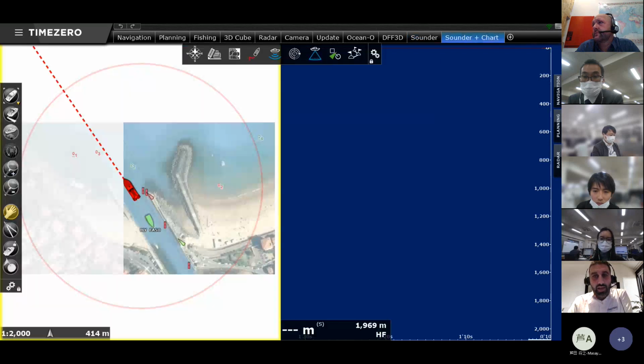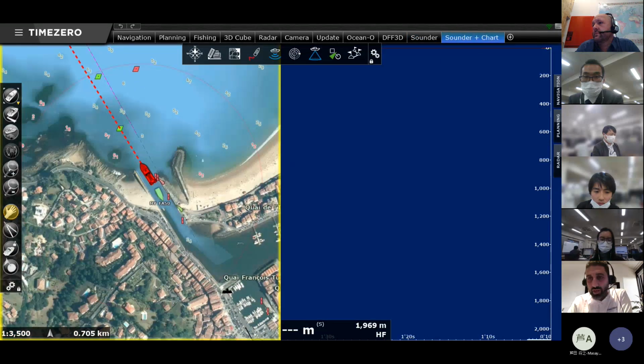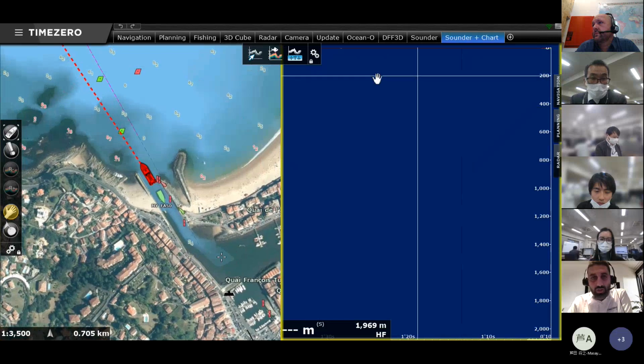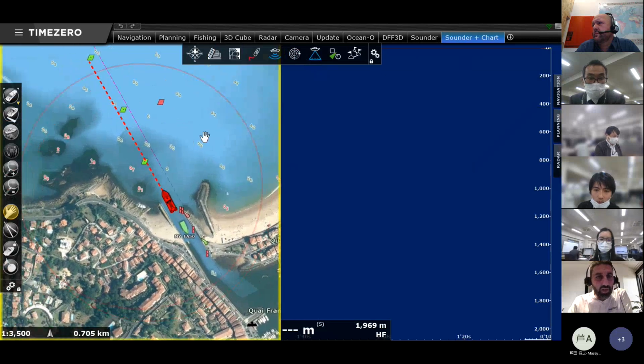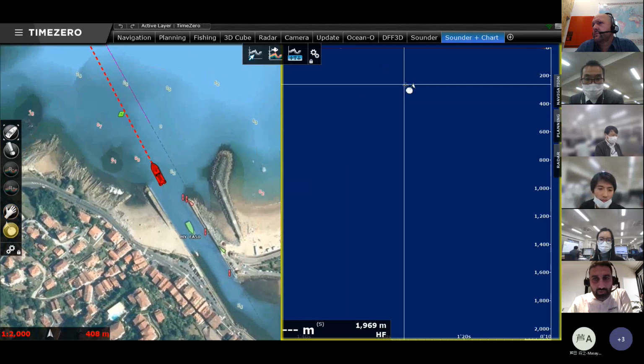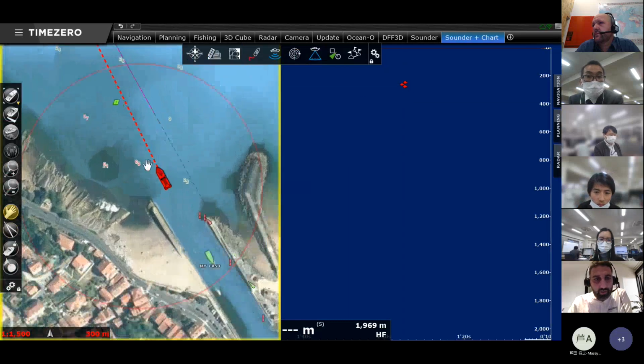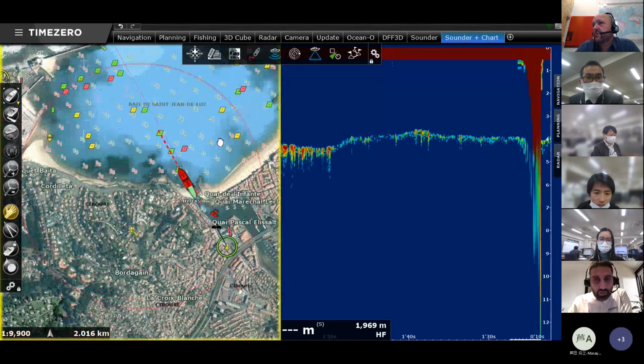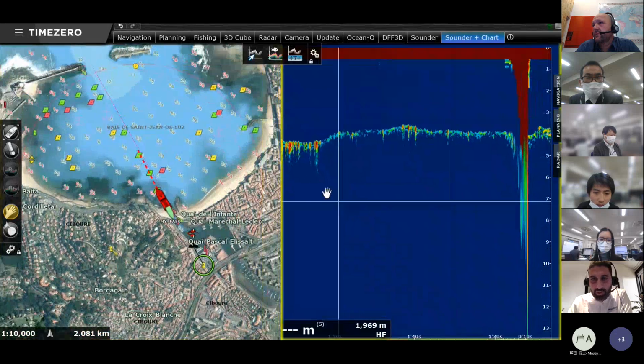And something that I like to show as well, even if, sorry, I don't have the sounder image showing yet because I'm still in the port. But a good thing is that if you create a mark here, okay, now I'm starting to see some stuff.